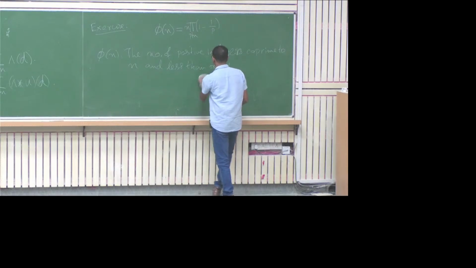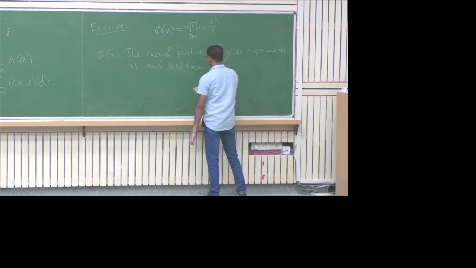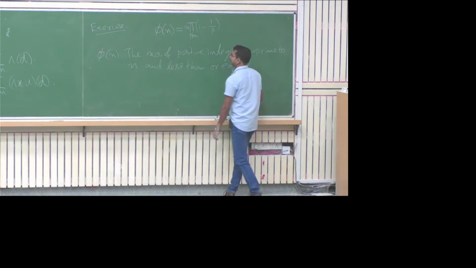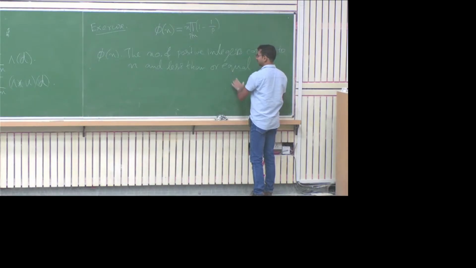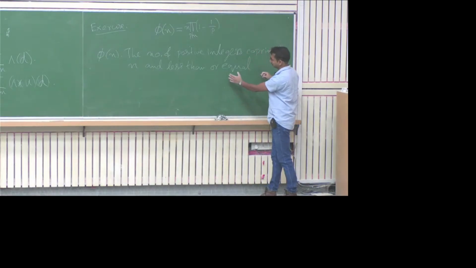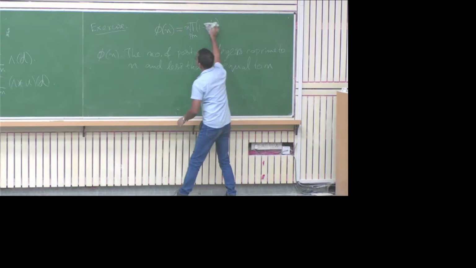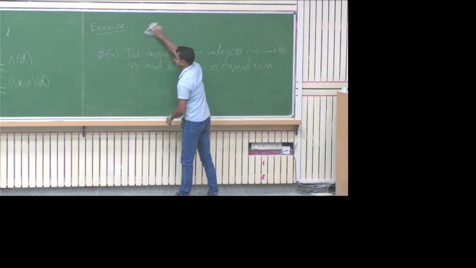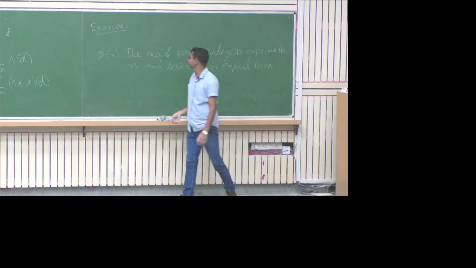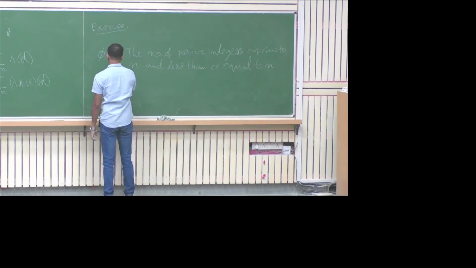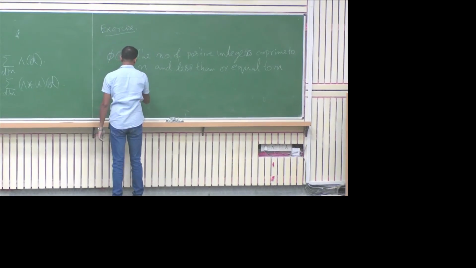Well, it cannot be equal to n, of course, unless n is equal to 1. So less than n, or equal to n for n equal to 1. And suppose we don't know this formula. We have only this description of phi. That is, we are counting all the numbers which are less than or equal to n and coprime to n. Show that